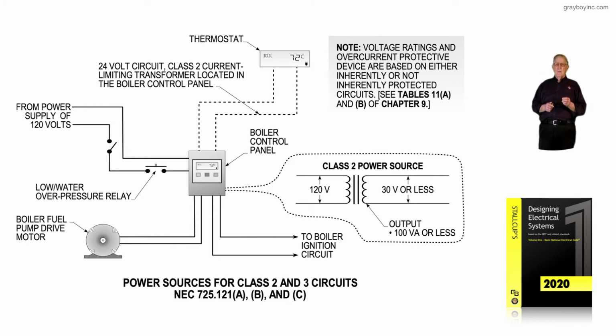But as noted earlier, a Class 1 circuit is given to us in 725.41A or B. So this is showing a hazardous type circuit that must be well protected in enclosures, because we can't afford for those devices to fail in case of an overpressure condition developing in the equipment. So Figure 4-17 illustrates power sources for Class 2 and Class 3 circuits in accordance with